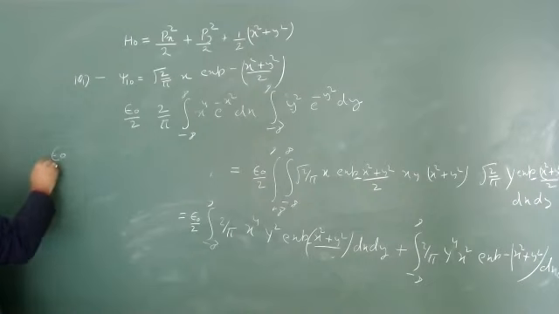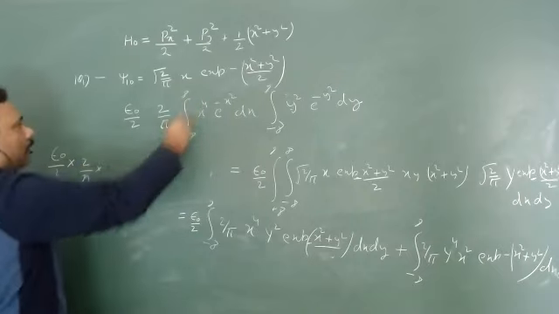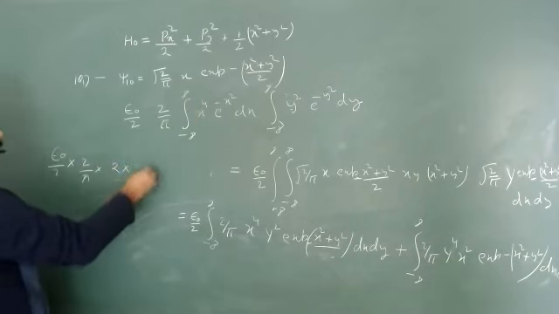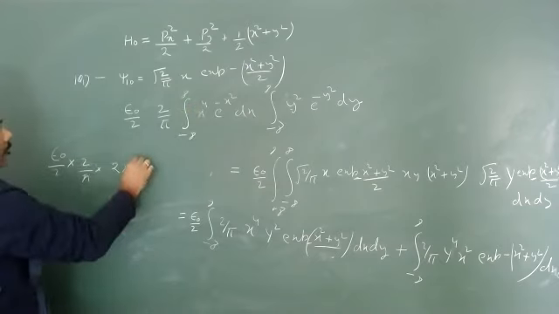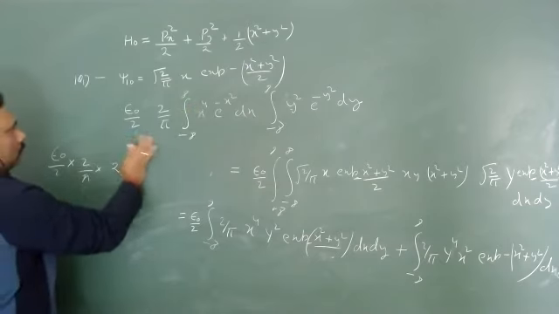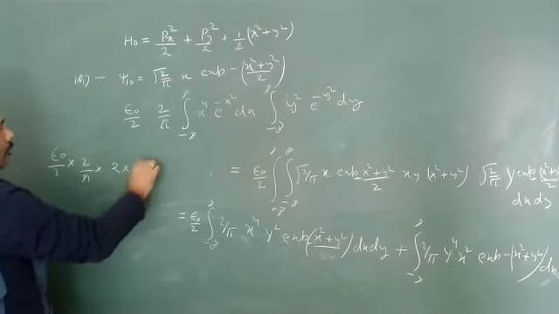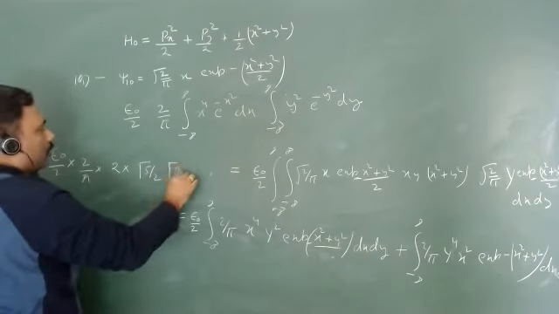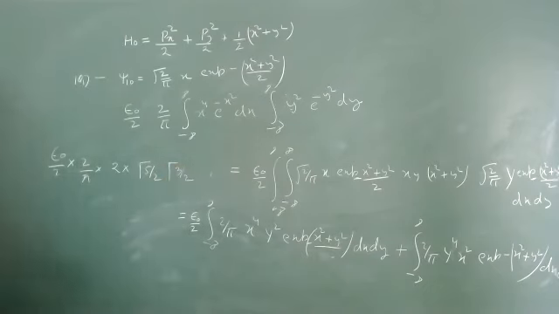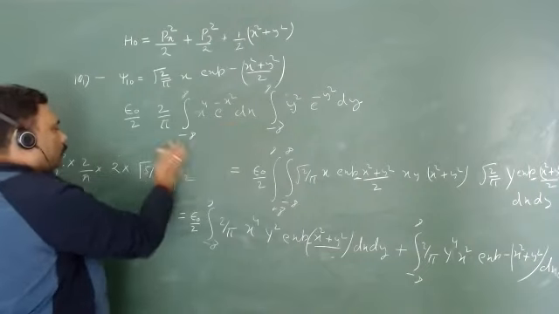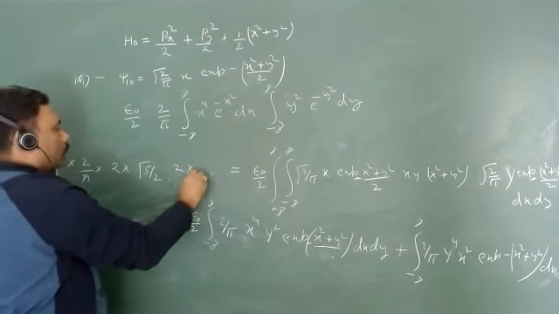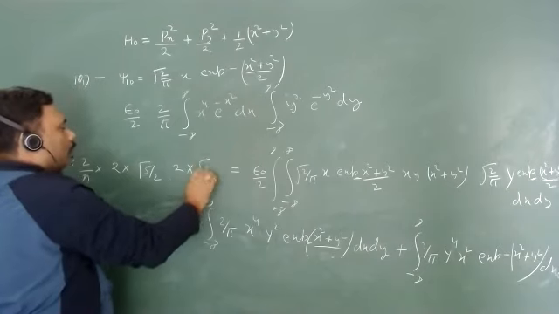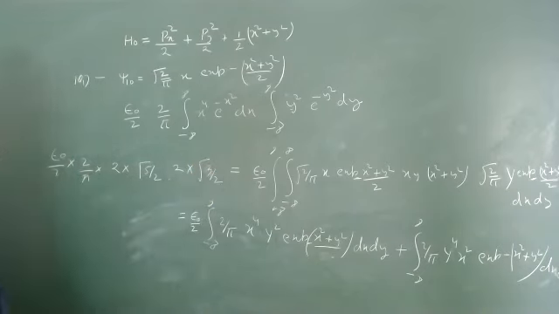So you have epsilon upon 2 into 2 upon pi into this value is what? 2 into Gamma what will be this value? Gamma 5 by 2. This value is gamma 5 by 2. What is this value? This value is gamma 3 by 2, isn't it? And 2 is also there. So you can multiply with 2 also. So 2 into gamma 3/2. Yes, this is the value, isn't it?